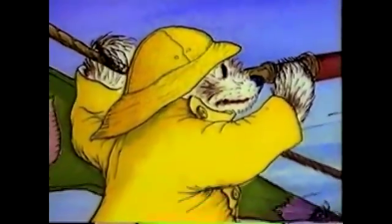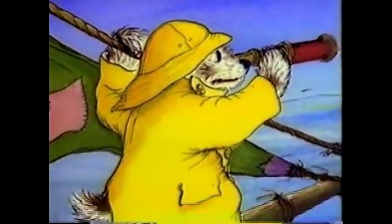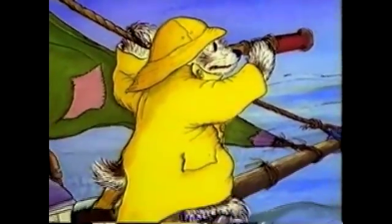Yes, Scuppers was brave and strong and happy. He probably would have sailed on forever and ever. But one day...